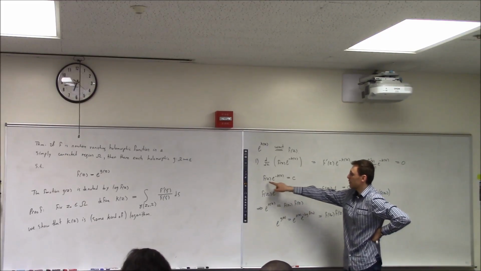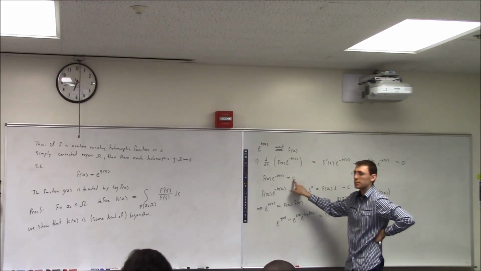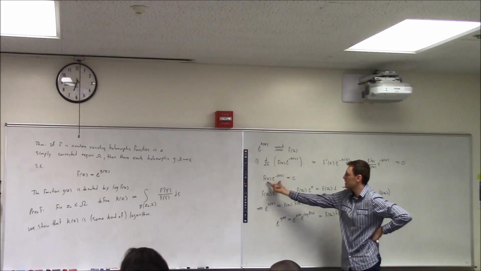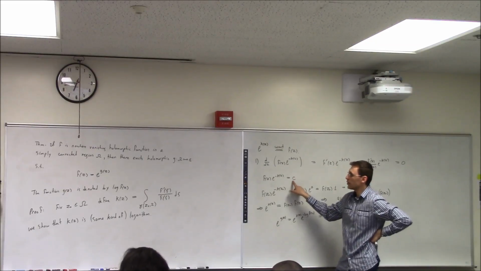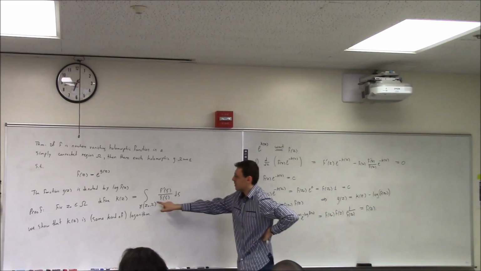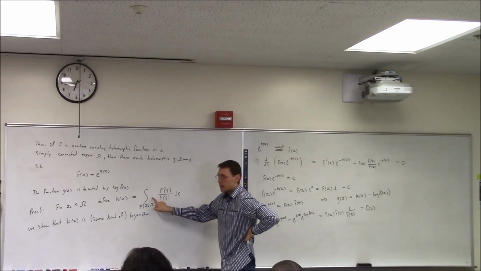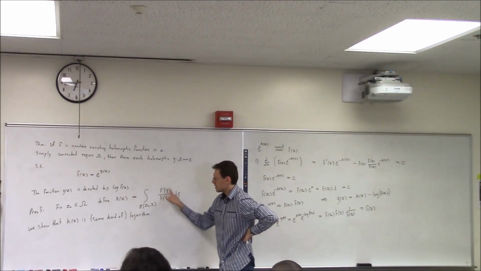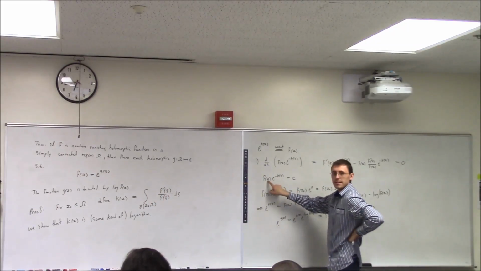So we found that f of z times e to the minus kz is equal to a constant because the derivative is 0. The derivative of this expression is 0, which means that this function is constant. Now you ask, what is that constant? The only way to figure out this constant is remembering what k is. k is this function. I know that if I select z equal to z0, k is 0. So if I plug in z0 here, I get f of